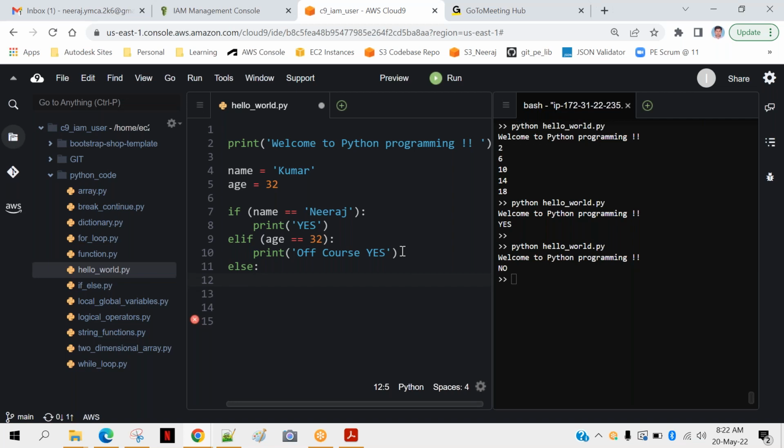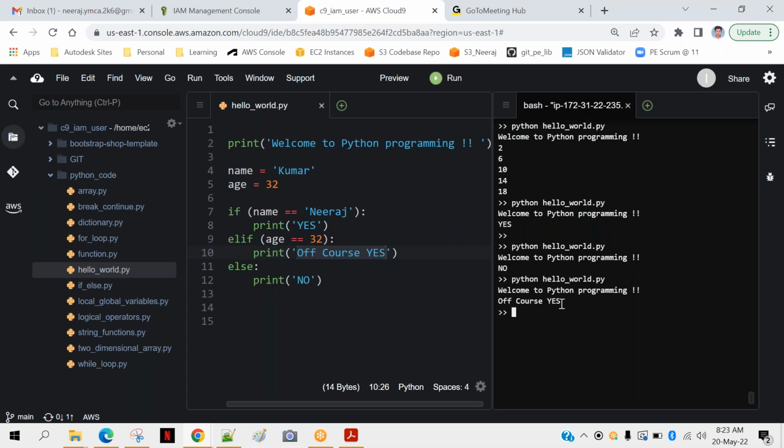right? So in this one, I'm checking the first condition. If that is not true, I'm checking the second condition. If even that is not true, I'm going into the else section and I will do print, and suppose I will make it no. Okay. So in this case, it will check the value of name, which is not true, of course. It will go into the else if, and this condition is true. So we are expecting that this should be printed. Let's do that.